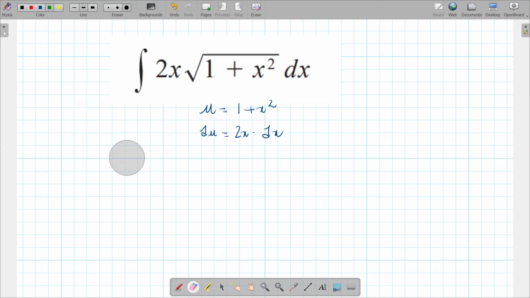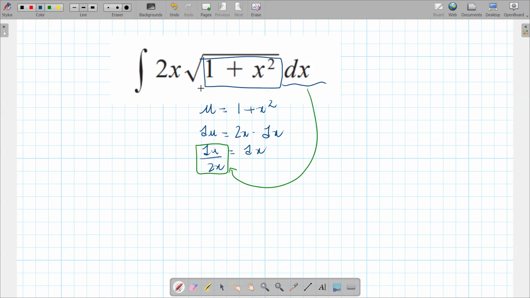Now, this is an indefinite integral, so we don't have to worry about the bounds. Oh, actually, there's one last thing we need to do. So what is dx now? Because we're going to replace dx. Well, dx is going to be du over 2x. Now what we do is we replace dx with this, and we replace 1 plus x squared with u. So our integral becomes 2x, we haven't touched the 2x, times square root of u times